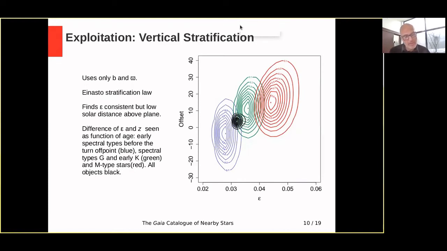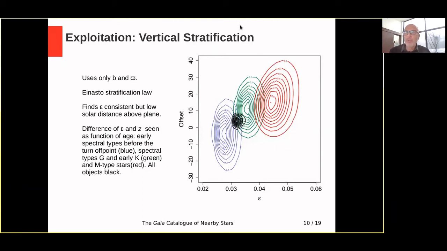And we did that using a prior, which was based on the Gaia Mock catalog. In this case, we're actually interested in inferring distances using a prior which takes into account the vertical stratification above and below the galactic plane, and which infers at the same time the parameters of this stratification. We do so by using the Einasto stratification law and also the more classical exponential law. And we do that including the effect of truncation, because our GCNS sample is actually truncated in observed parallaxes.